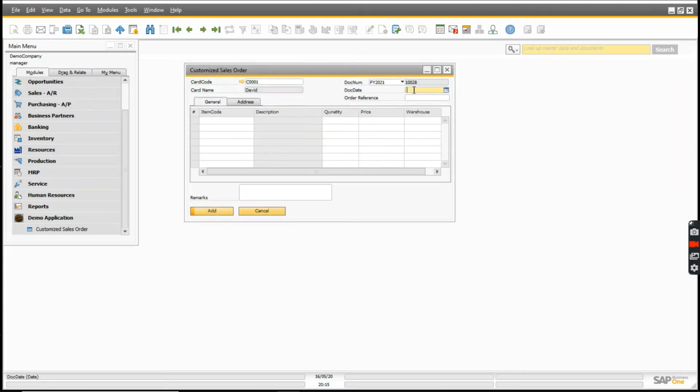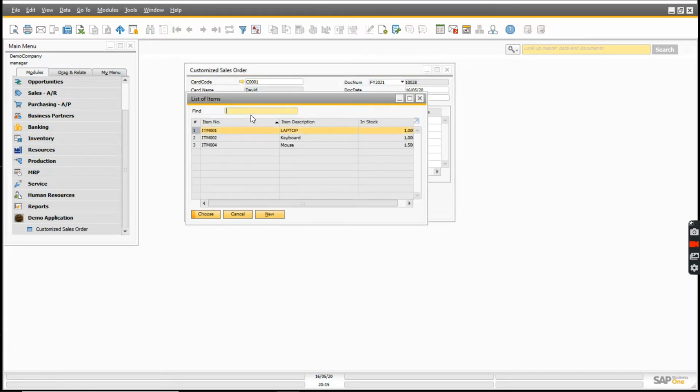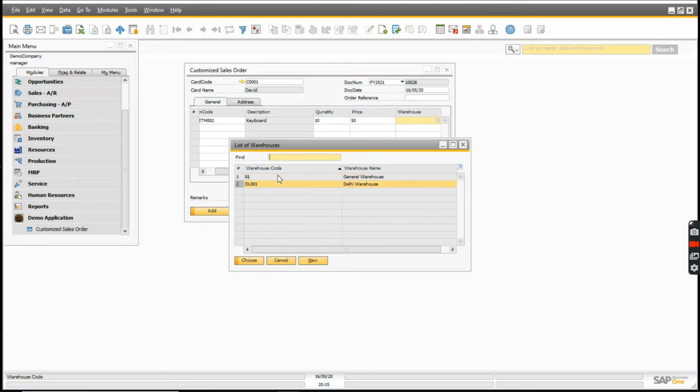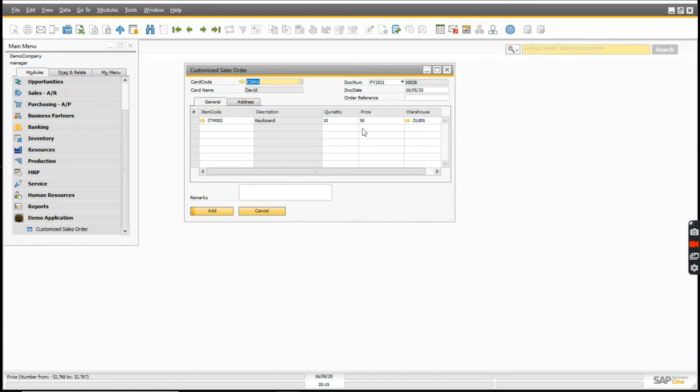So I have selected the business partner and item code, quantity, then price, and then warehouse. You can see the form should behave like this: once I have completed the first row of records, there should automatically be one new line in the matrix so that I can add a new record, but it is not doing that for us.